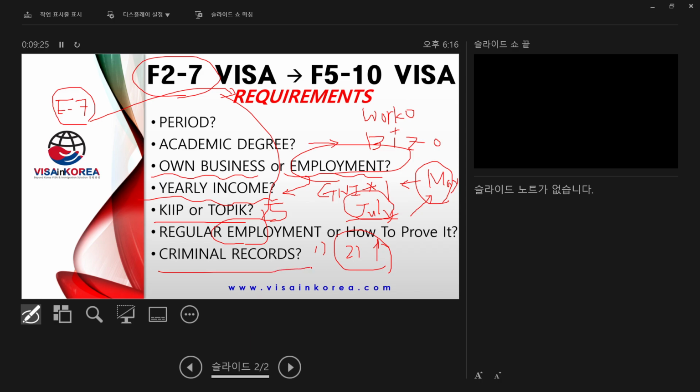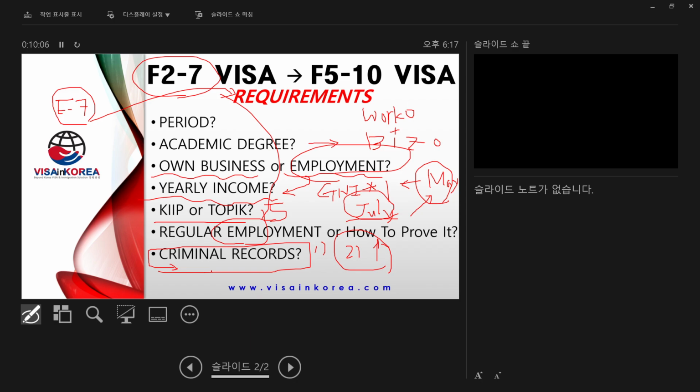And also most F5 visa holders shall prepare a criminal record, except for the F511, but immigration may request the criminal record even if you apply for the F511, the point-based permanent residence visa. This is mandatory. The criminal record is mandatory from your country. So if you're from the USA, you have to get an apostille from your country, the USA, after the FBI criminal check. And England as well, you need to get an apostille on the criminal record from your country.